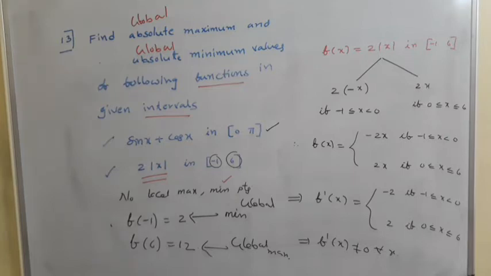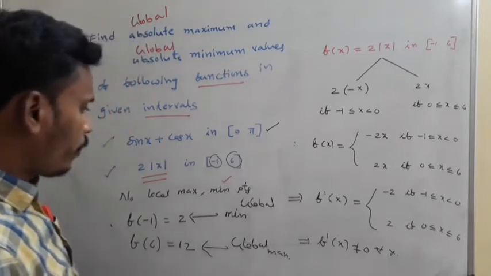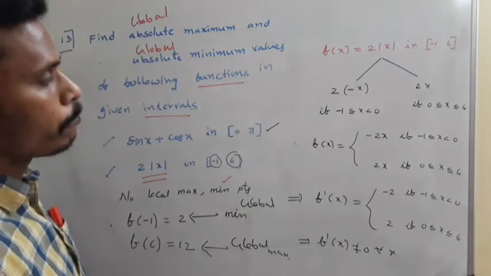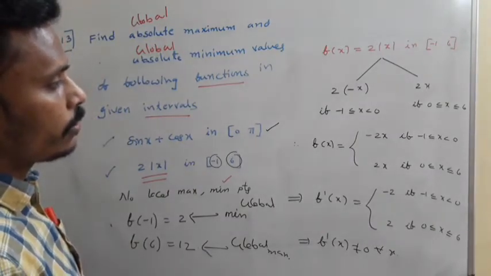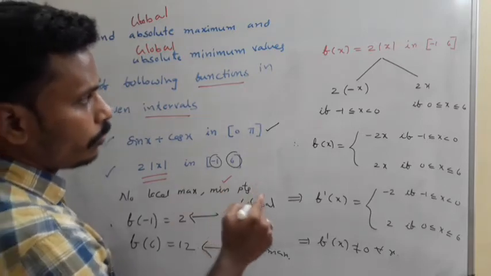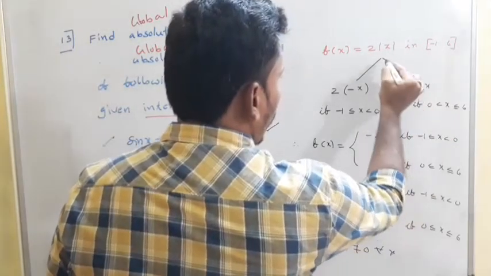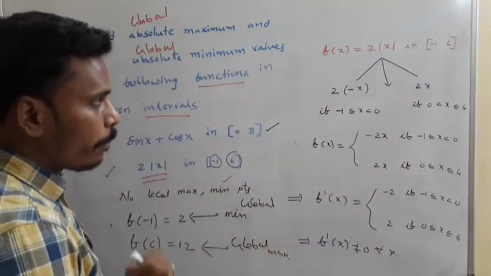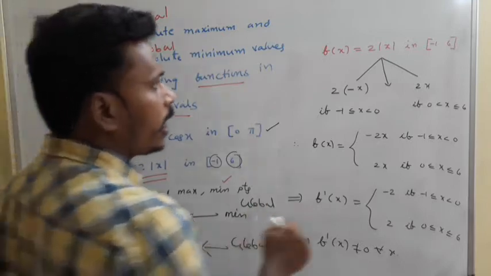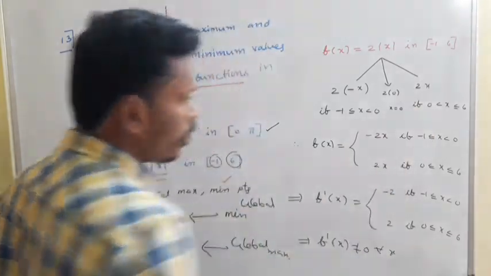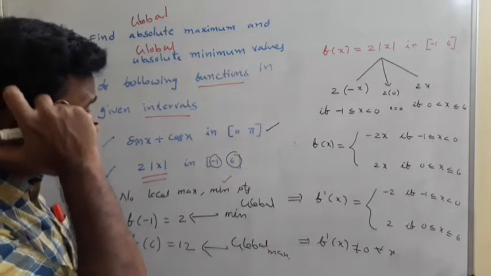No. You just have a look. Just a minute. Okay? See, 2 is not global minima because, just a minute. See, -1 to 0 and 0 to 6, and see, modulus of x is different, right? If x is negative, it is minus x. If x is positive, it is x. If x is 0, that is directly 0. 2 into 0 at x equals 0. Okay, I forgot it. Right.